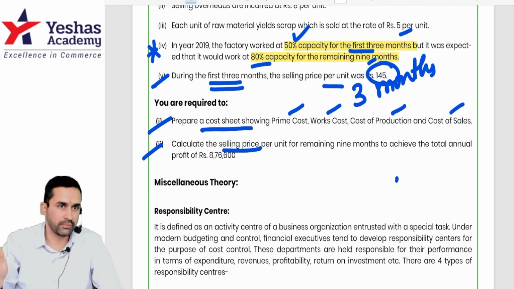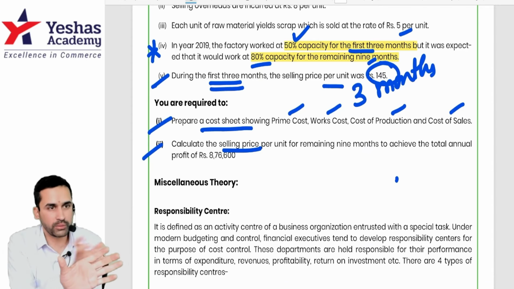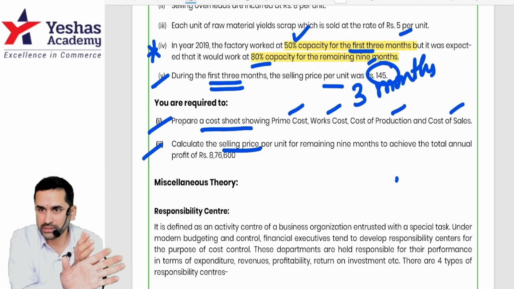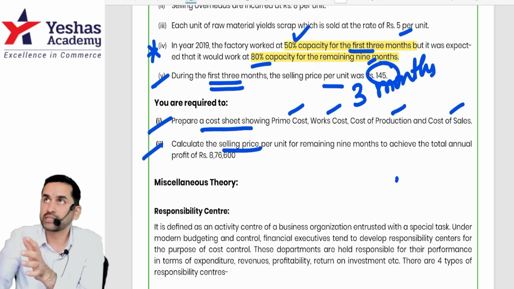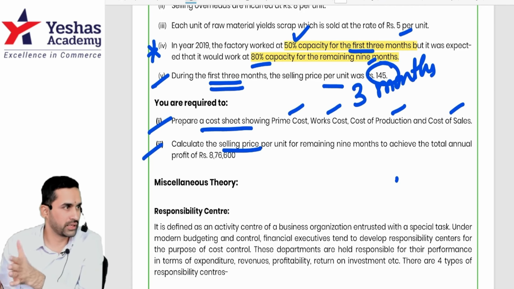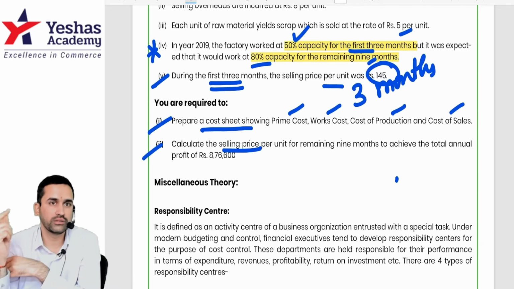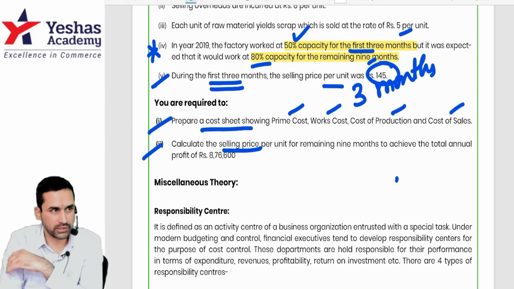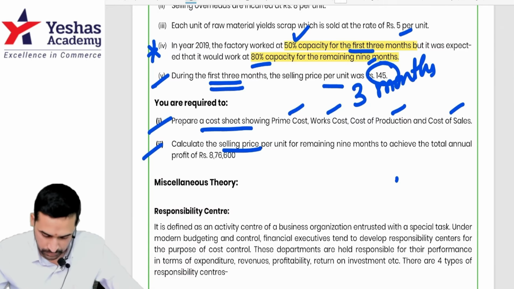I'll prepare cost sheet for 3 months, 9 months. Till total cost I'll anyway reach. For first 3 months, sale value is also given. That means I can find out the profit of first 3 months. Annual profit target is 876,600. In that, first 3 months profit I'll separate. Suppose 1 lakh rupee. Then balance profit I should earn in next 9 months. Next 9 months cost sheet anyway has total cost. Add this profit. You will get total sales to be achieved in next 9 months. That you divide by number of units in next 9 months. That gives you the selling price. Instead of doing two separate cost sheets, we can do particulars, first 3 months column and next 9 months column. That will be easy. Start.